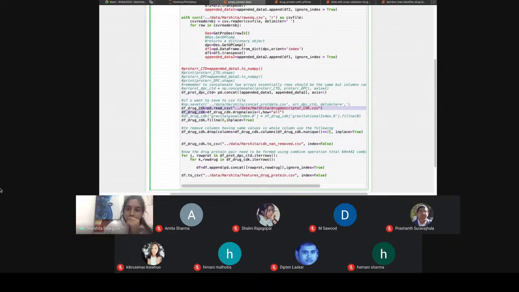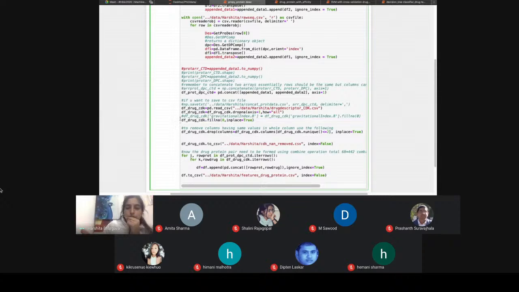First of all, we have to clean our data. So for transformation, we can see in the drug descriptor data, we have some NaN values, some blank cells, and some columns which have only zeros. And some columns have only a unique value, the same value throughout the single column. So those columns can be dropped. We can remove those columns.